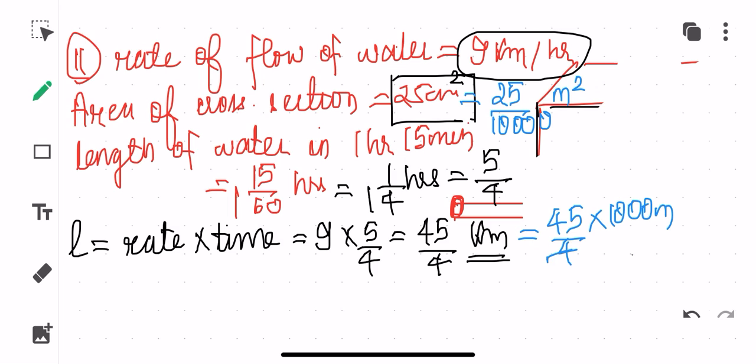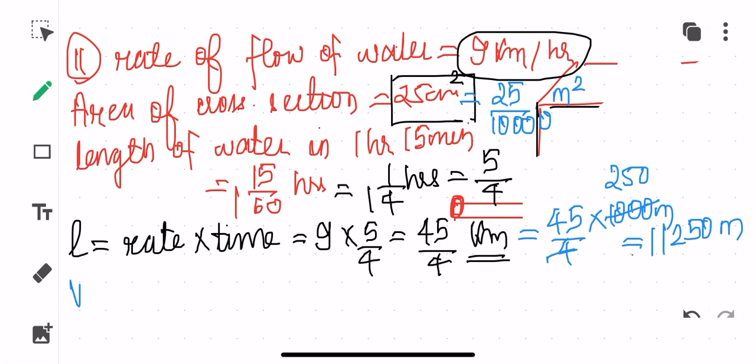So how much is this going to be equal to, children? 4 times means this is going to be equal to, see, 45, we'll just calculate. So it goes 250 times. So 250 into 40 is 10,000, and then we have again 250 into 5 is 1250. So this is going to be equal to 1250 meter. Okay, so this is what you are calculating.